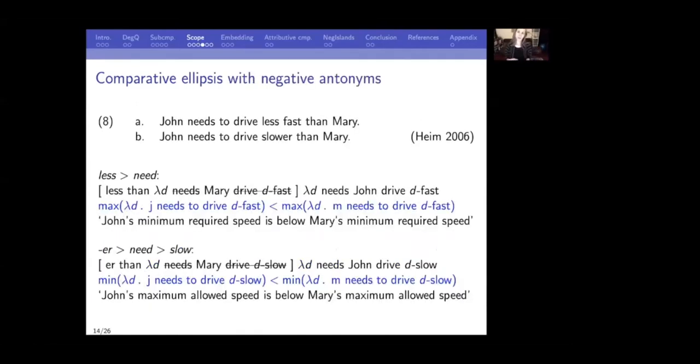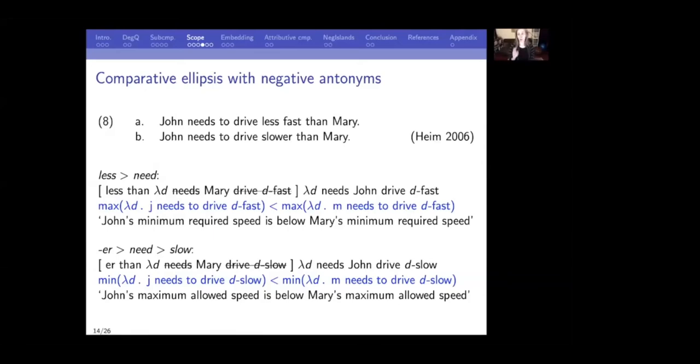Now, with the negative antonyms, less fast and slower, Heim noticed that there's actually a difference in meaning between 8A and 8B. So "John needs to drive less fast than Mary" is true in this East Coast driving scenario, whereas "John needs to drive slower than Mary" does not seem to be true in that scenario. What we would like to point out is that there are actually 2 readings where a comparative scopes over a modal,